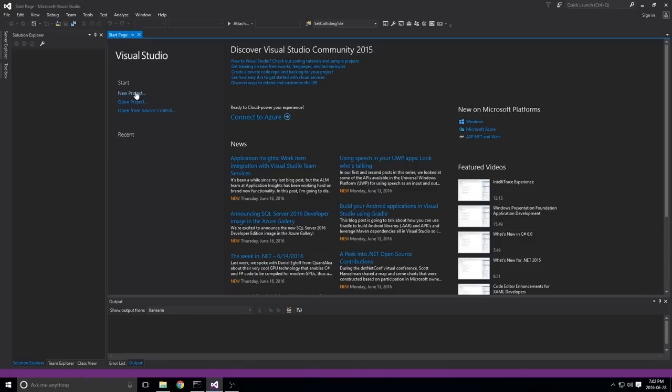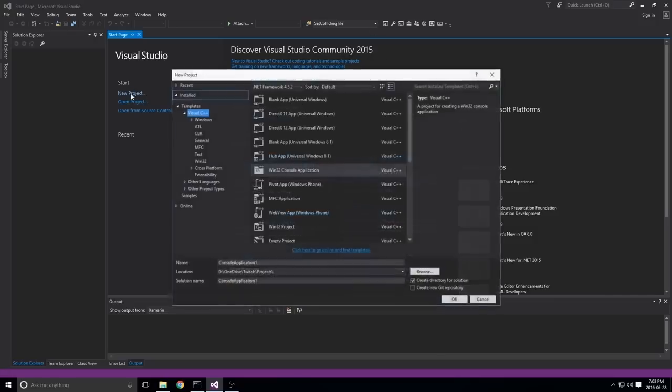So we're going to open up Visual Studio. I'm using Community 2015. It's free. If you don't have it, go ahead and download it. It's awesome, and it's a very powerful tool that we're going to be able to use here. So we'll create a new project, and we're going to want Visual C++ project, Win32 console application. So definitely bare bones, and we're going to call it Twitch.